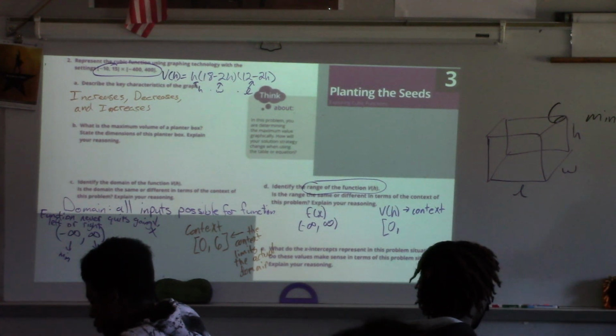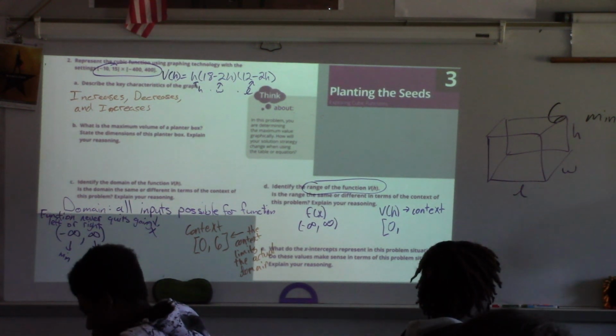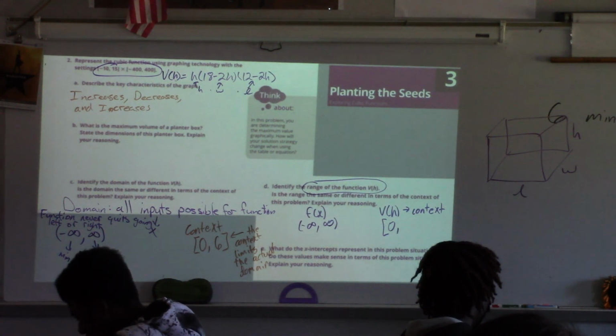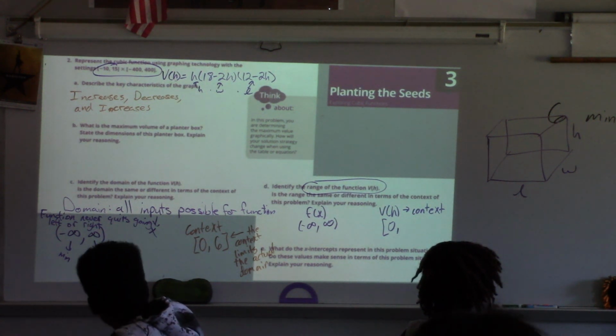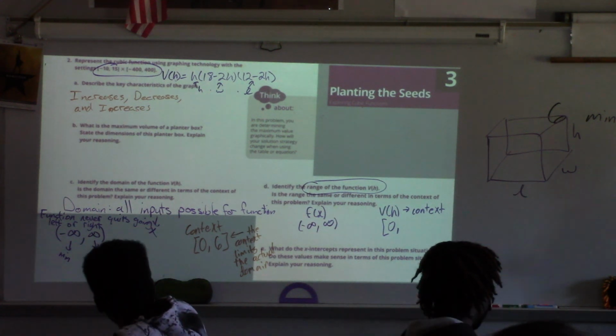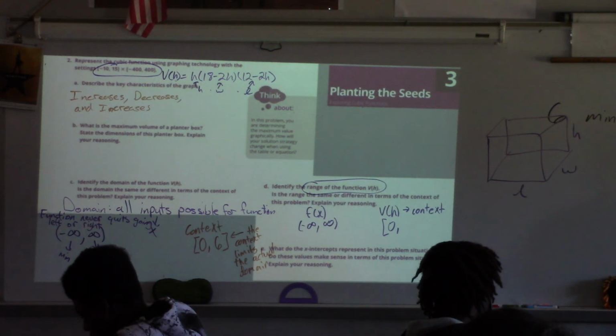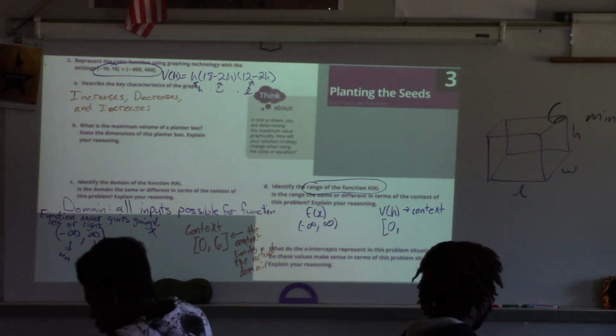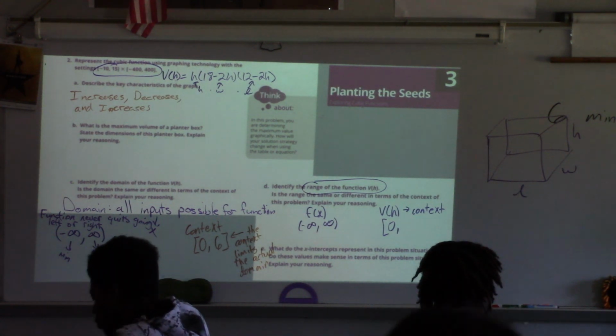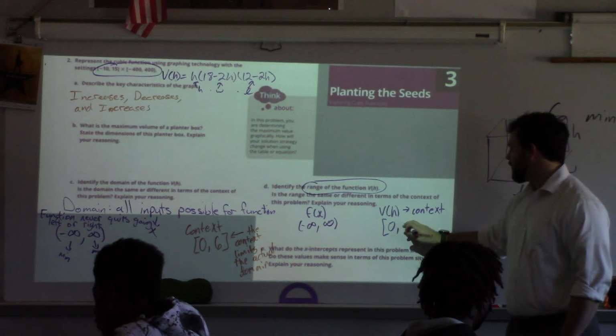And looking at your graph, this is kind of based on part B. What is the highest volume you could actually have? 224. Nope. It's close. 228. Notice, DJ, you looked at the table, right? But does that table give us the actual highest? Well, no, because there's decimals out in there at some points, right? Where do we have to find the actual highest value? On the graph. So the context, the max